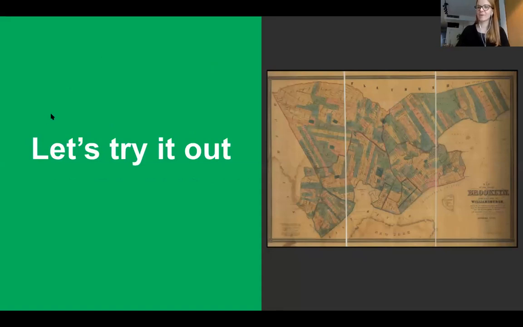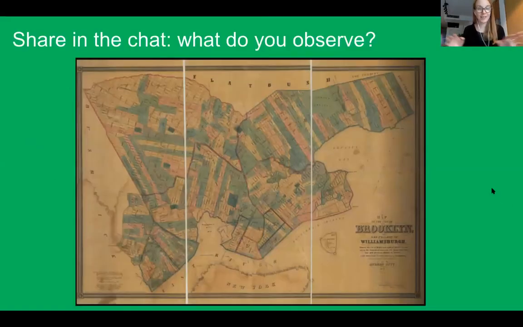But let's try out what we can see on one specific map. So we'll take a look at the next slide, and I'm doing a thing to you here where I'm not giving you the link to zoom in. All right, we are just looking at this map as large as it can appear on the screen you're looking at. I am using a very tiny computer screen at the moment, so I'm not seeing a ton of detail,